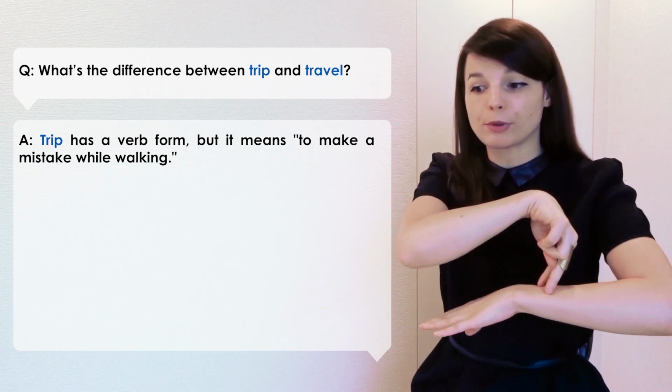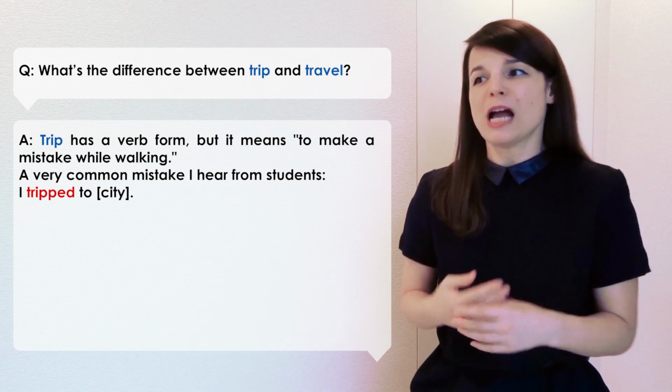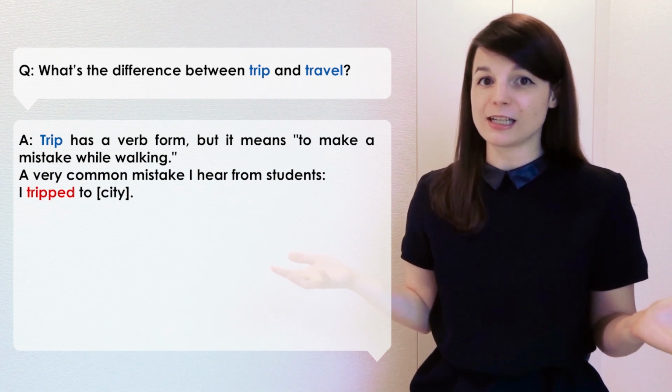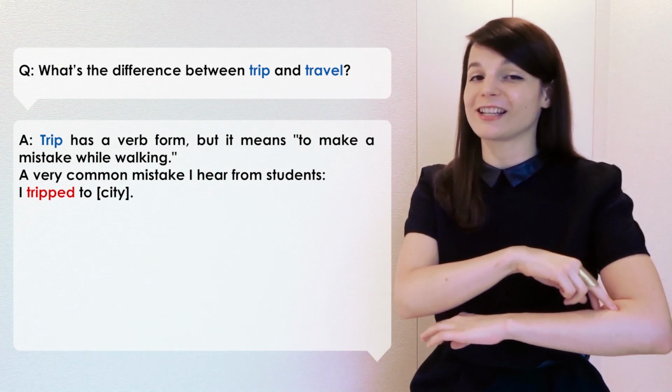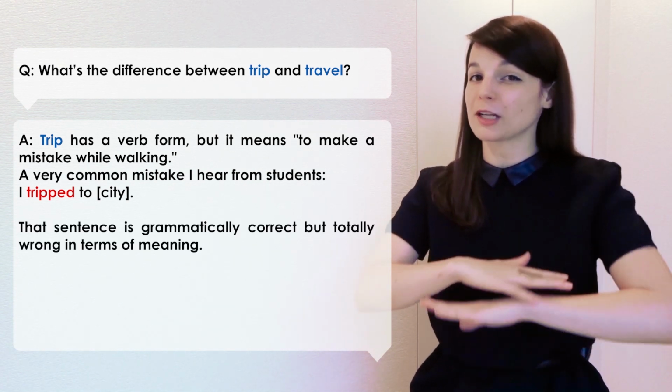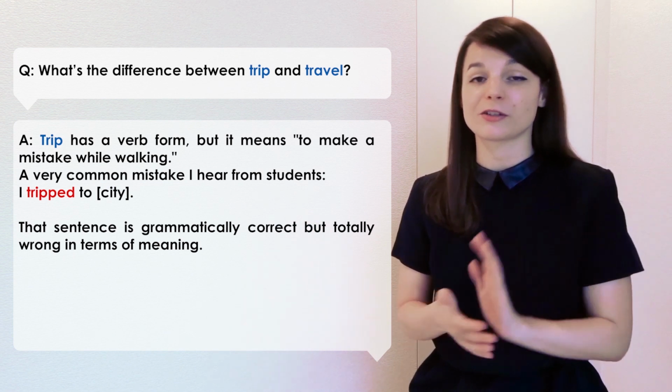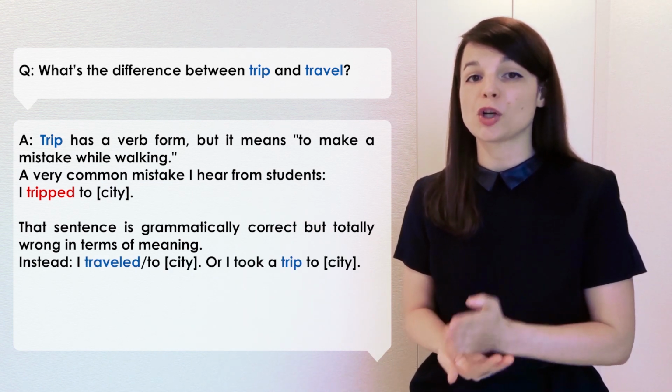That's to trip. So when you say, for example, I tripped to another city, it means this kind of walking was used to travel to that city. It's grammatically correct, but totally wrong. The meaning is totally wrong. So please use I took a trip